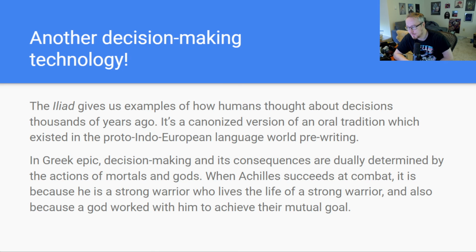Dual determinism in ancient Greek culture meant that in order to achieve something, in order to do the thing that you wanted to do, you needed to do the things that would make it happen, and you needed to be assisted and approved by one of the pantheon of Greek gods who would help you to do that thing. And so farmers had shrines where they prayed to a god or goddess of the harvest, but then they also went out on their field and did the things that you need to do to get a good harvest. And both of those things were important to get the harvest that they were looking for.